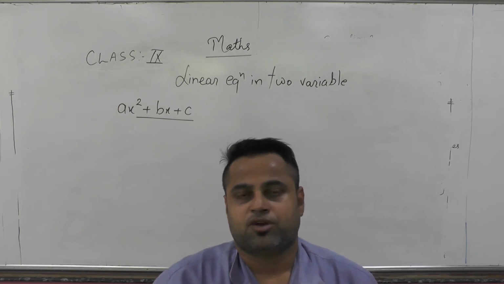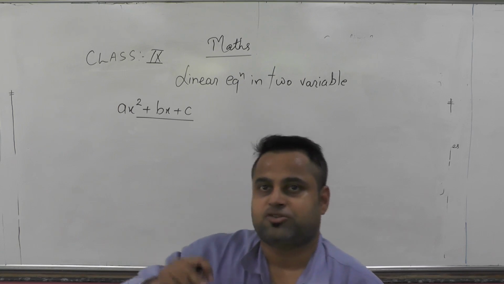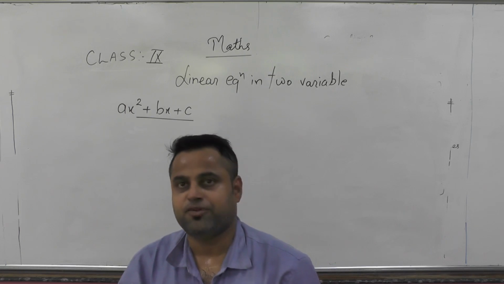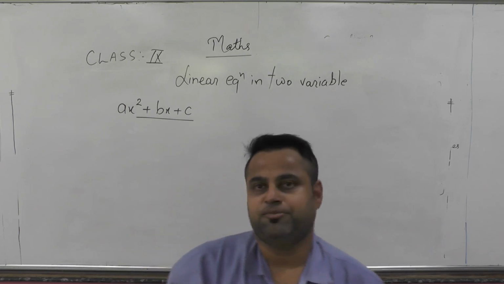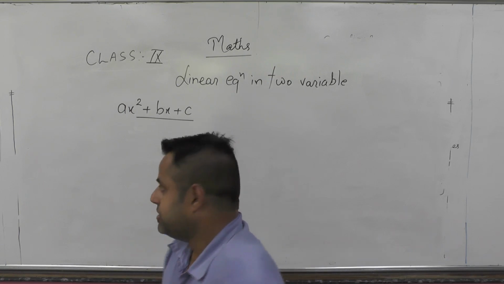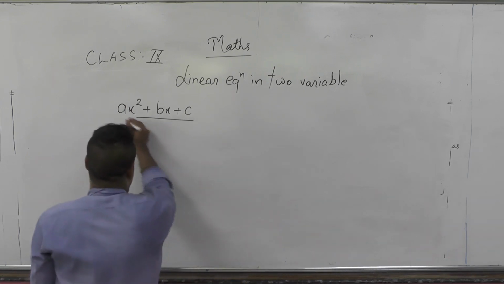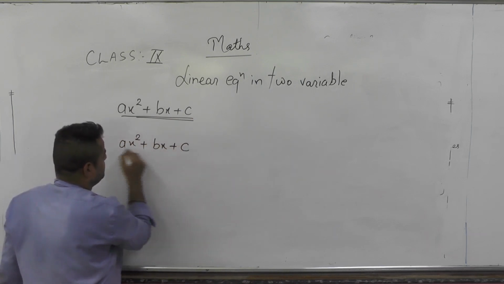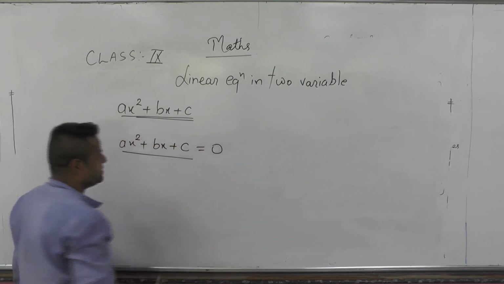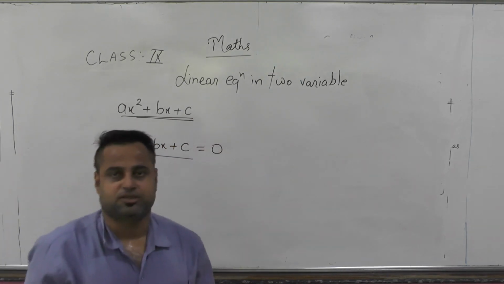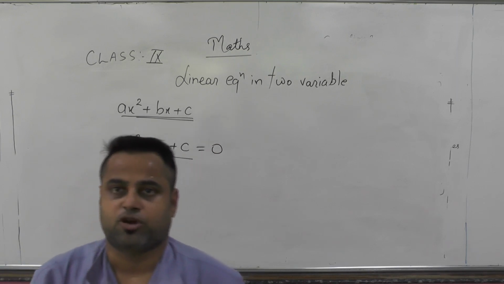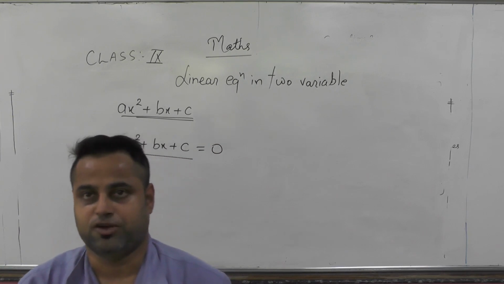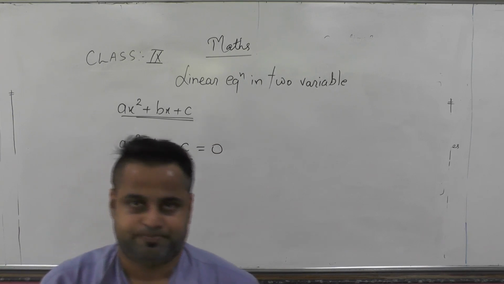There are only zeros, which are based on the degree of the polynomial, but the polynomial does not have any fixed value. It can vary if x varies. But if an algebraic expression has a fixed value, then it becomes an equation. That is the only difference between a polynomial and an equation. An equation has an algebraic expression with a fixed value, but a polynomial does not.